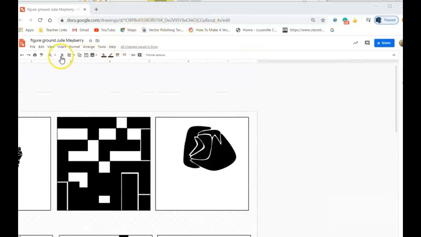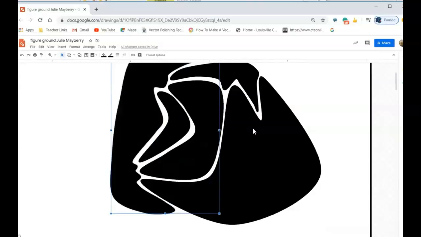Now for this one, I just wanted to show you a little bit of editing for it. I don't think some of these fit in here too well, so I'm going to go in